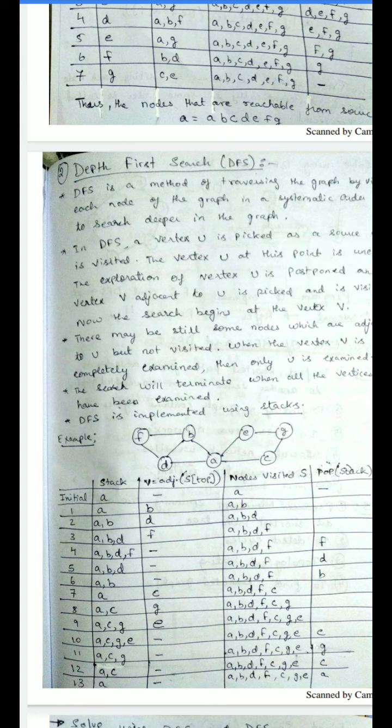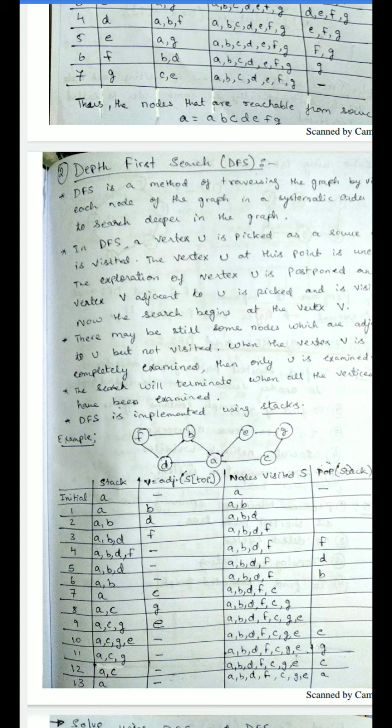Initially, what is my visited element? The source element is A, so the node visited is A. Next, from A I can reach any of the nearby elements, so I selected B as the adjacent node. If I select B, that element will be stored in the stack as the topmost element. Now nodes visited become A, B. Next, from B I can reach F or D. I have selected D, and that is my topmost element in the stack. Now visited nodes are A, B, D.